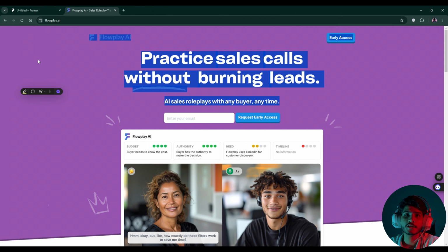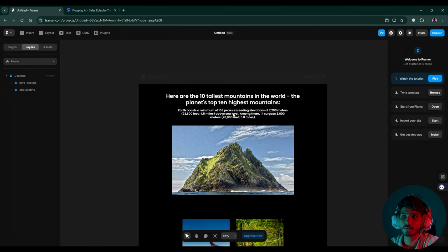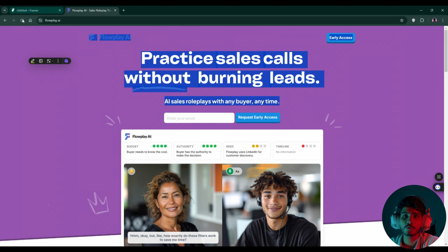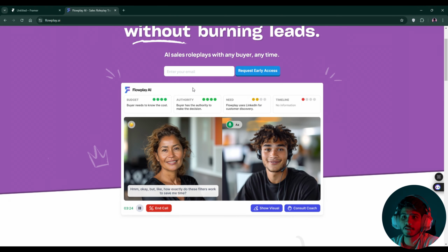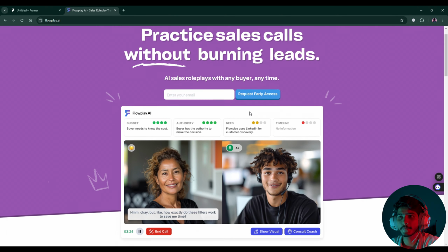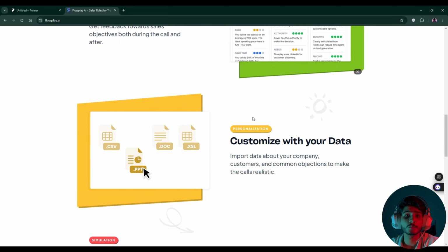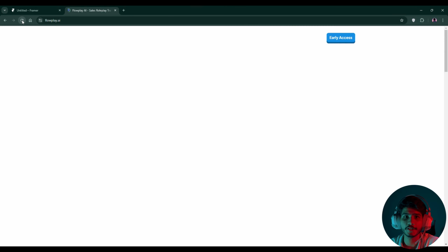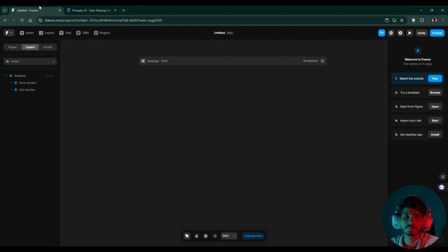So yes, we are in the dashboard of the framework. Let's see which kind of animation we are going to do. We have simply a website in which we can see that there is animation when we load the website. As you can see, when we go down, the section comes from right to left and left to right, and in the hero section we have an animation of fading. So how can we do this animation in the Framer website? Let's go and find out.